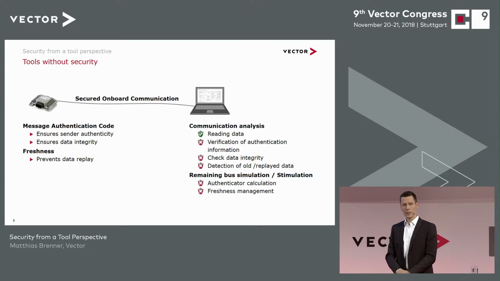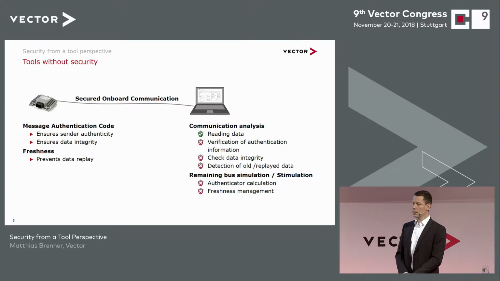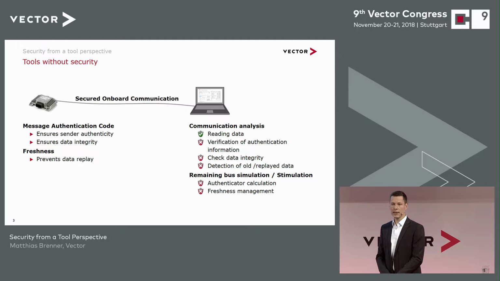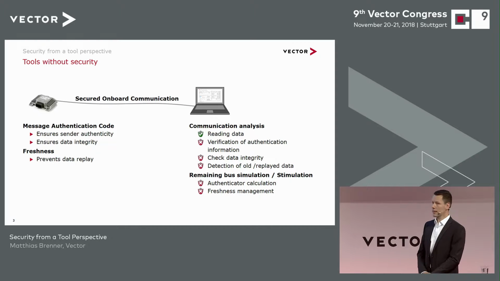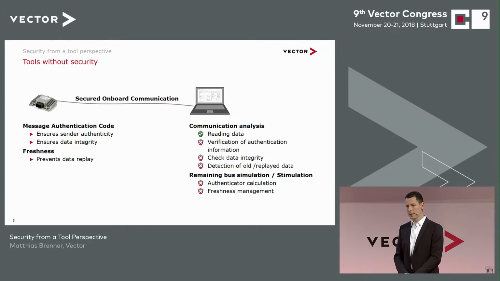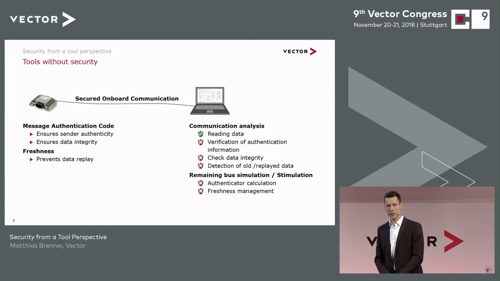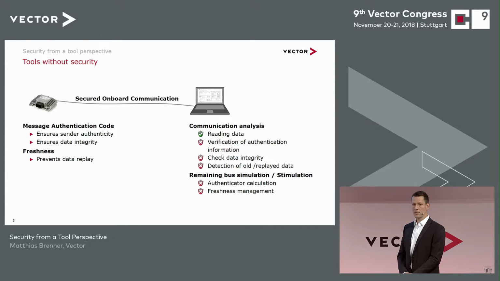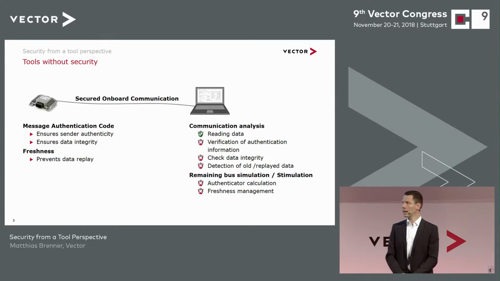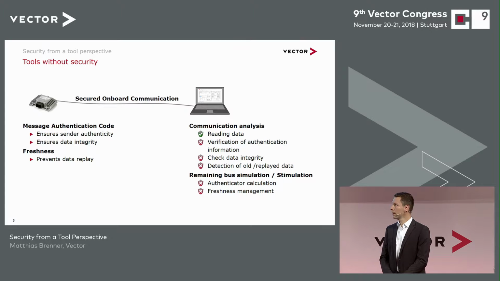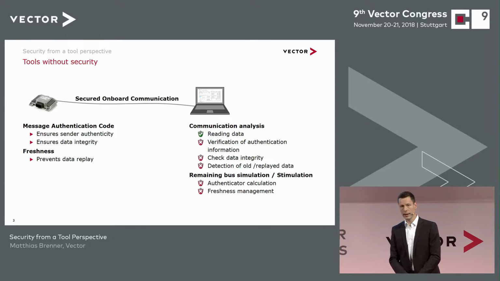So it's an ECU connected through a network with an application. The bus communication is secured with secured onboard communication, SecOC. So you know that it's got two essential security parameters, the message authentication code for once, and the freshness. The message authentication code, in short MAC, allows me to ensure data integrity and data authenticity and to review those,